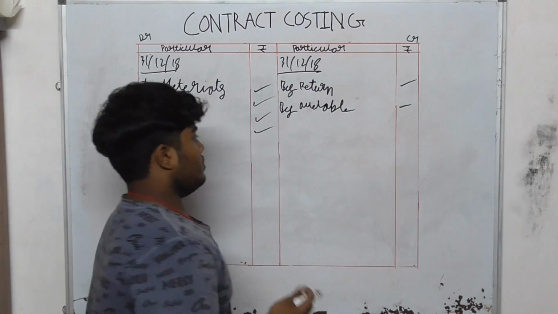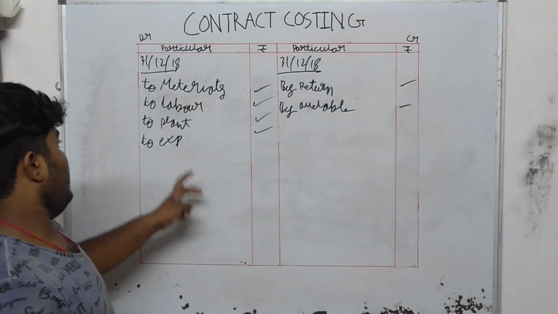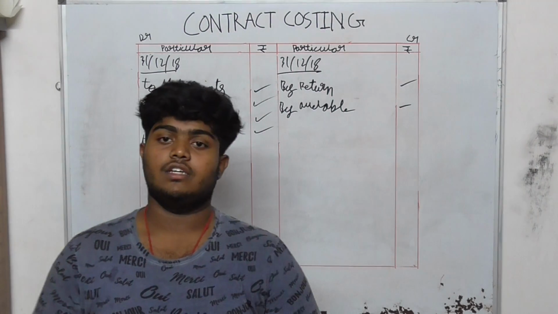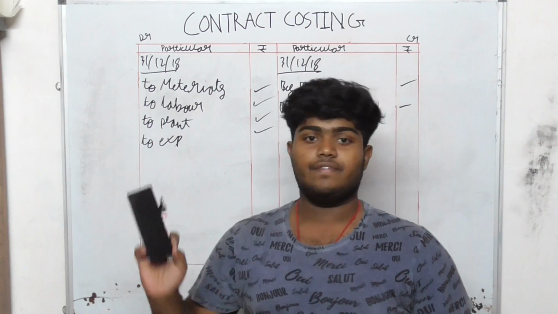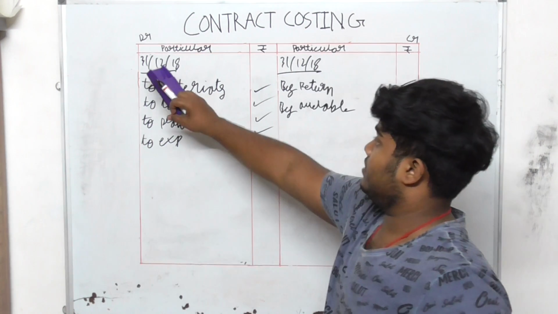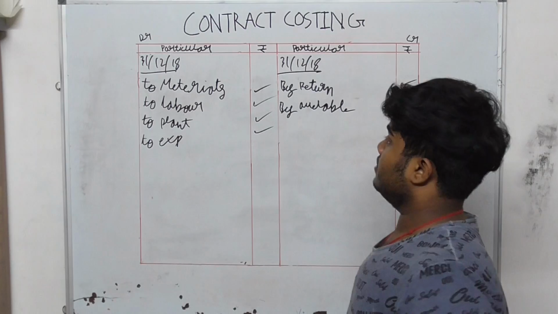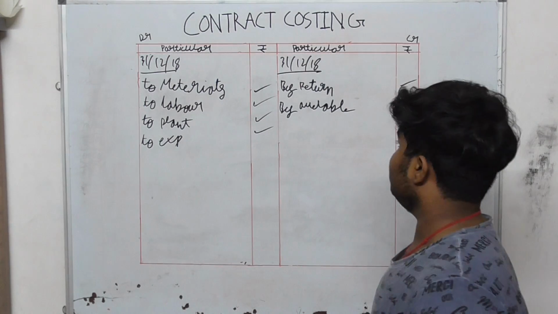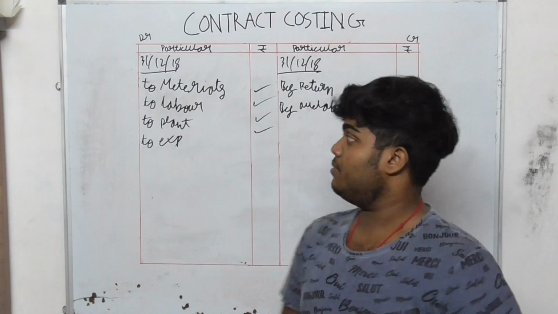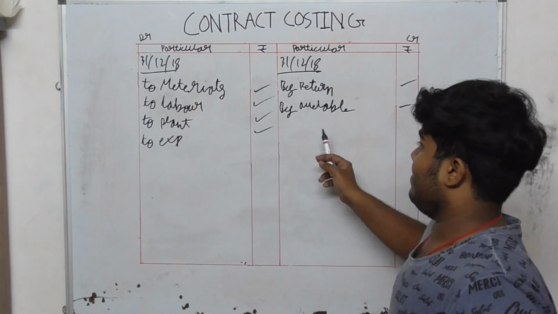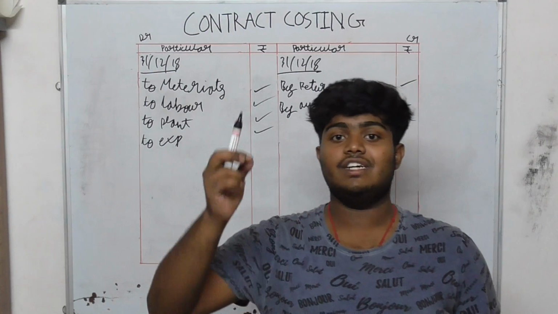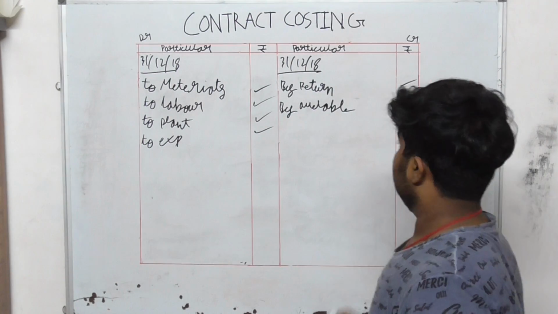The availability is called first of the contract day. The plant value, the plant putting value, is 15,000, and at the end, on 31st December, the plant value is 10,000. So we will write 15,000 here and 10,000 here. So the availability of the plant is only the reselling value of the plant. Okay.